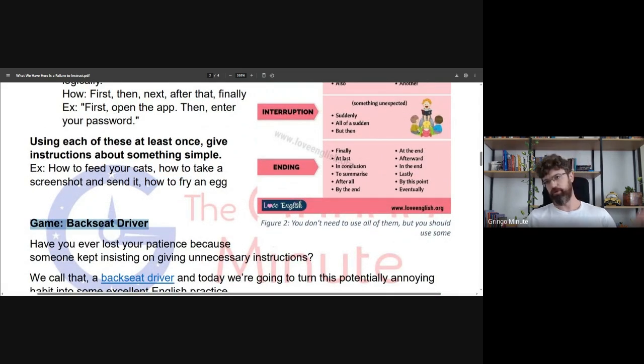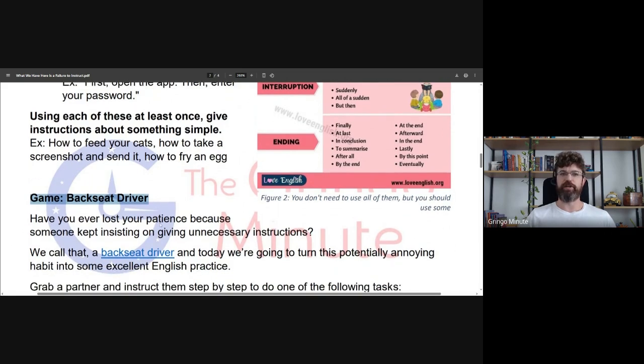Little game similar to this activity above. Backseat driver. A backseat driver. This was an expression of the week last year, and it is someone who gives too many instructions. Originally, you're driving your car and you're going too fast. "Turn there. You're going the wrong way," and it's not